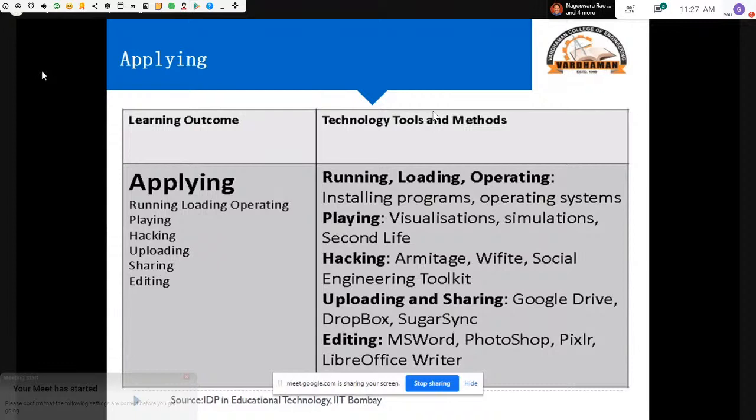This is nothing but applying, because the student is able to supply the right input. What is exactly the input that has to be supplied for the visualization or simulation to be played? It's nothing but applying. Hacking is when the student is able to hack the application, hack the particular data, hack the particular service, for which